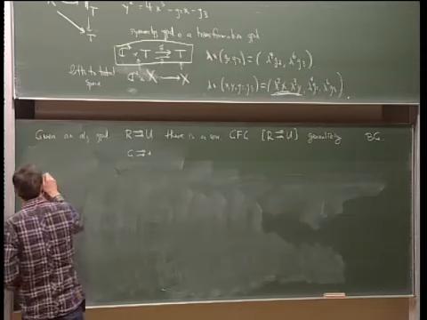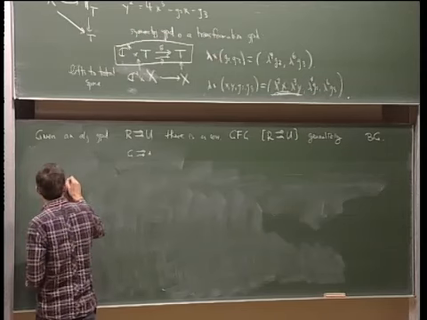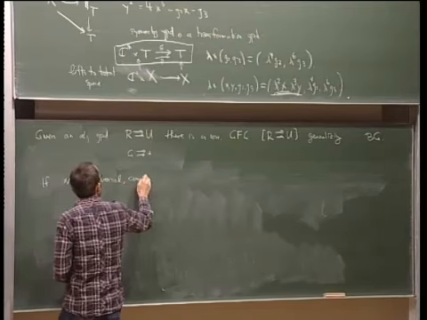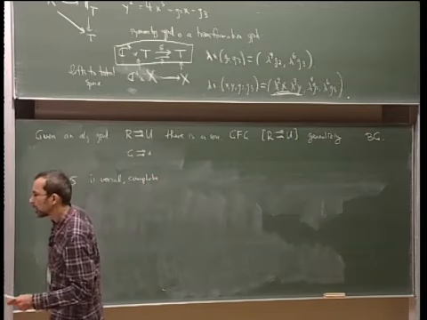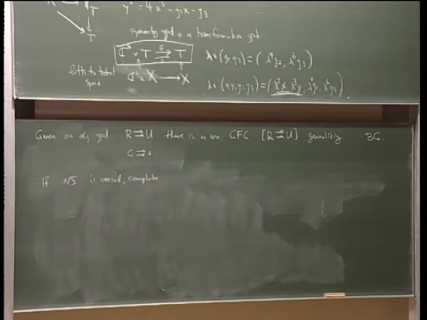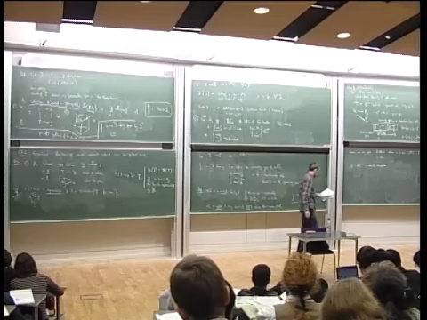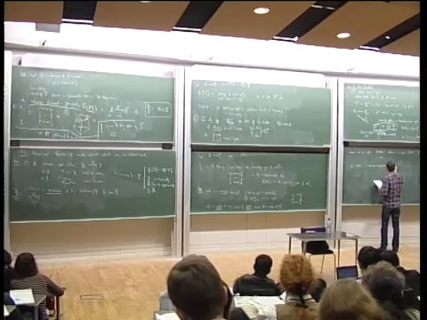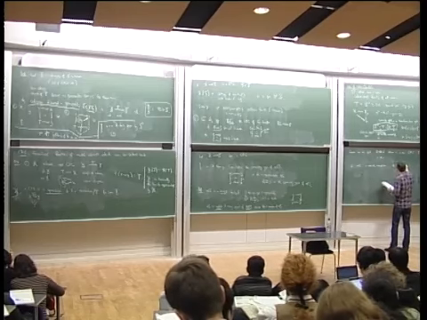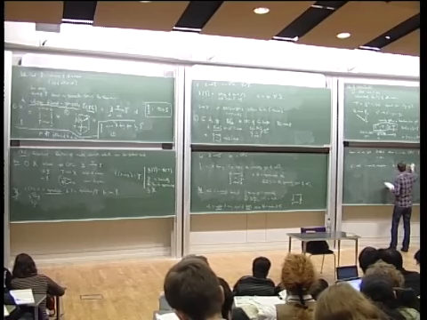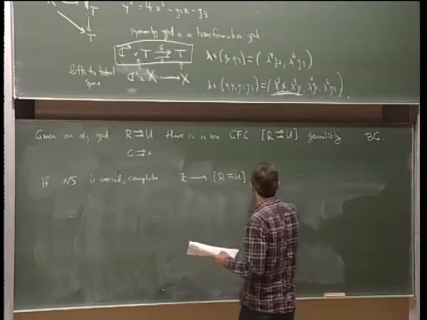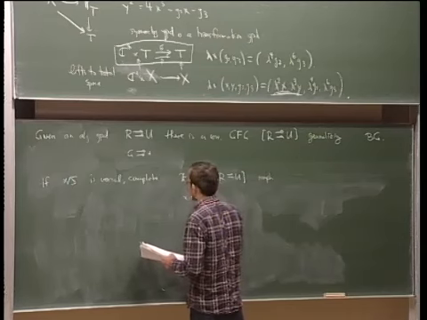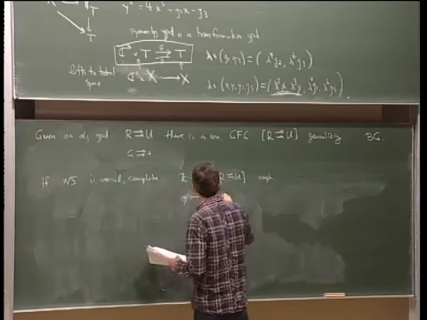And if this family is versal and complete in this sense, then I can construct a morphism which is just sending, sorry, I'm sending some family Y